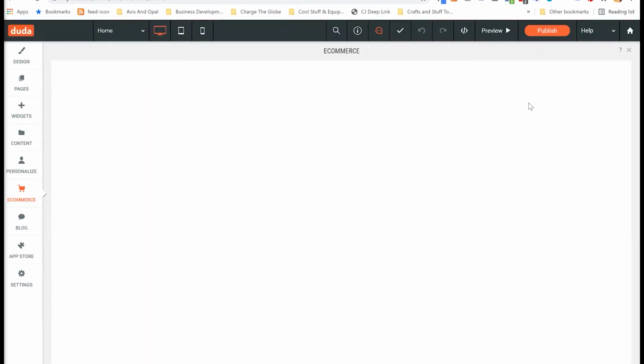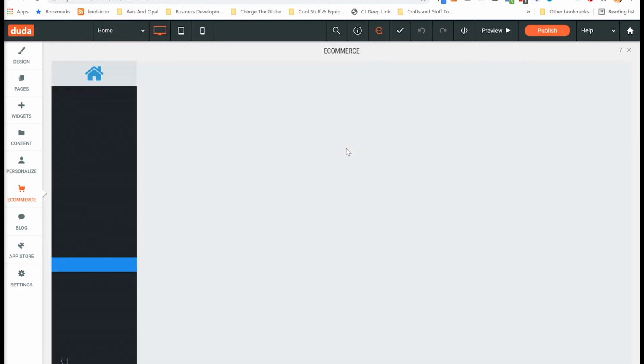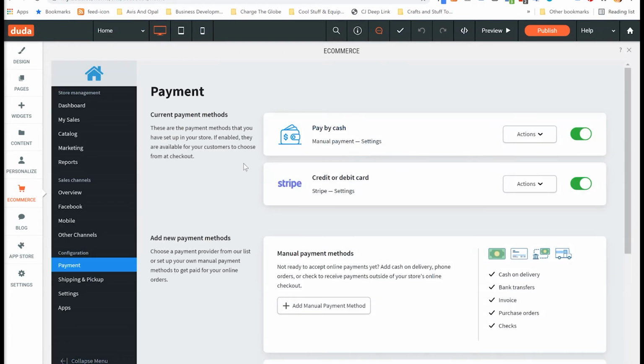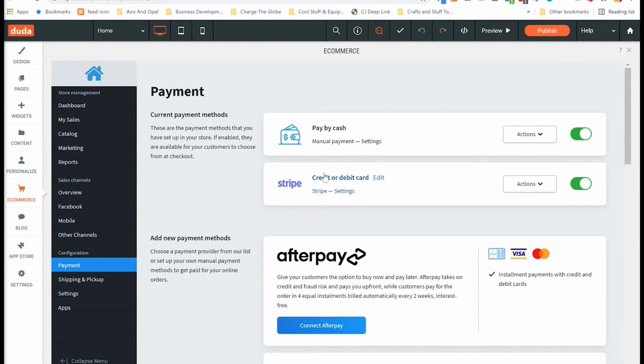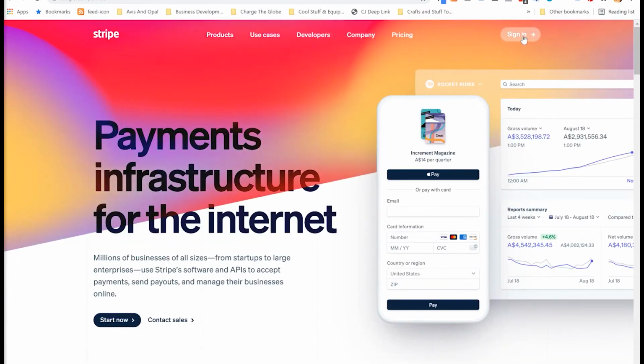Okay, so what it's going to do now is it's going to come back here to our website editor. Okay, and you can see this Stripe edit or duplicate. See, that's all set up now. It's all ready to go. So what I'm going to do is I'm just going to come over here now and log in and just show you